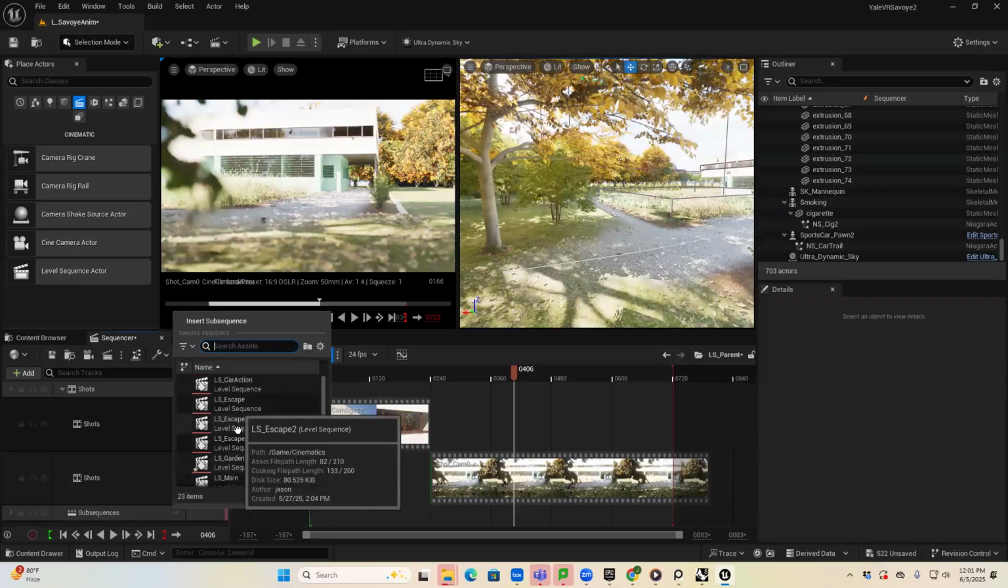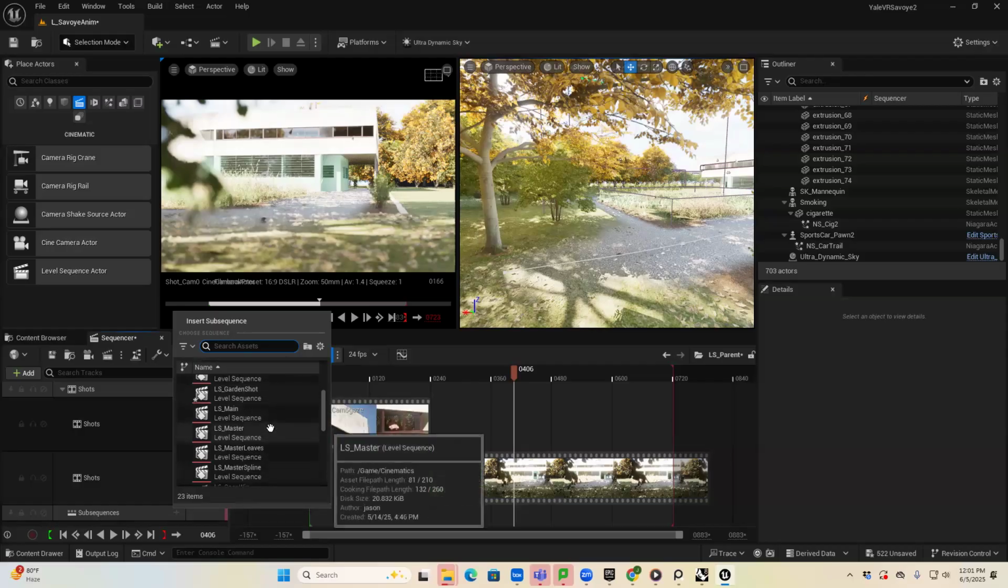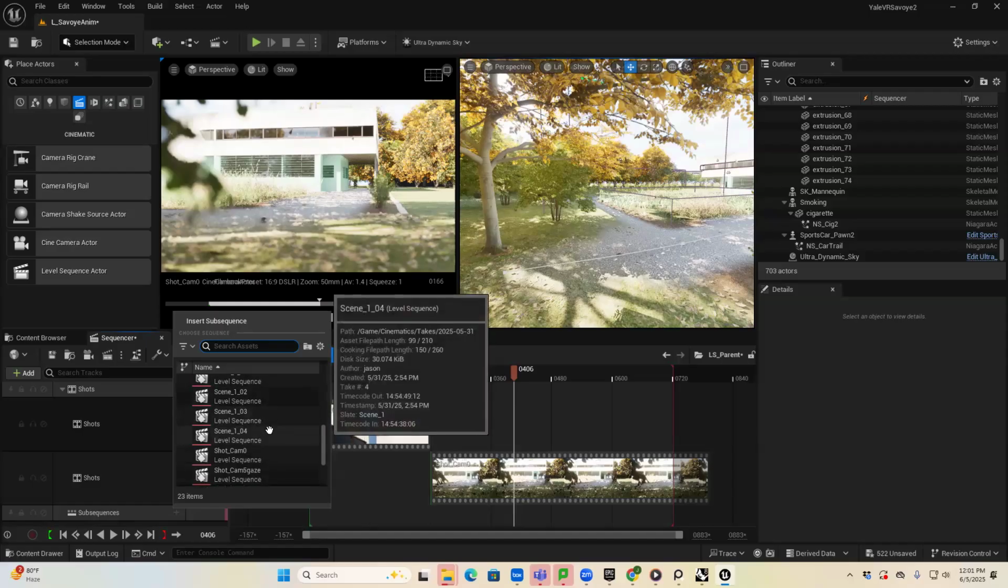So maybe I'll send you guys a tutorial on how I recorded the car separately because it's a little bit more esoteric. But I basically did my